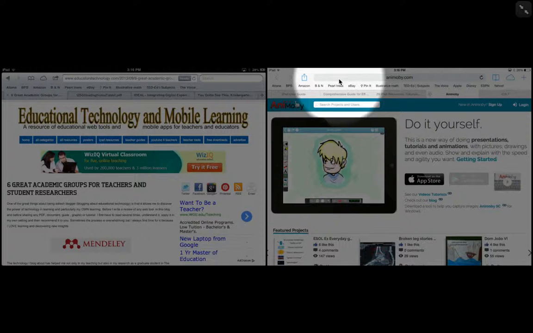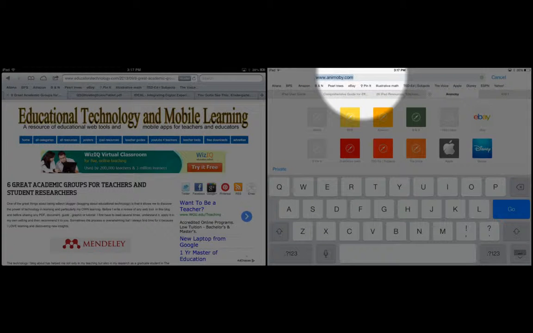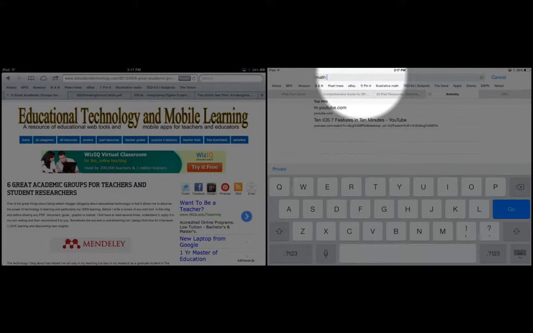Here's one of the nicest, I think, changes and improvements, if you will, is the address bar and the search bar are now combined. So what does that mean? Well, what it means is when I tap inside my address bar, I can actually do a search for a topic or an image, or I can type in a URL. So if I were looking for math lessons